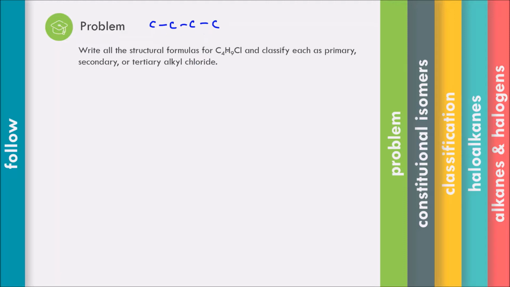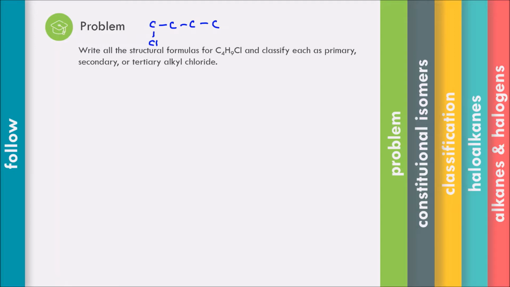Now we have four carbons, and we need to use one chlorine. You can put chlorine in any position. I typically start from left to right, so for example, you can put it on this one here. Everything else is going to be hydrogens. Keep in mind that carbons should always have four bonds